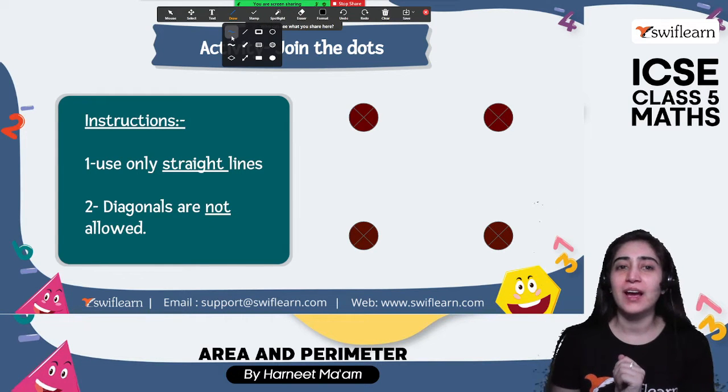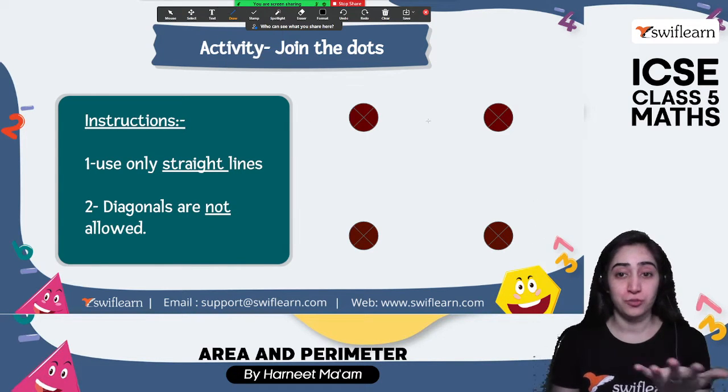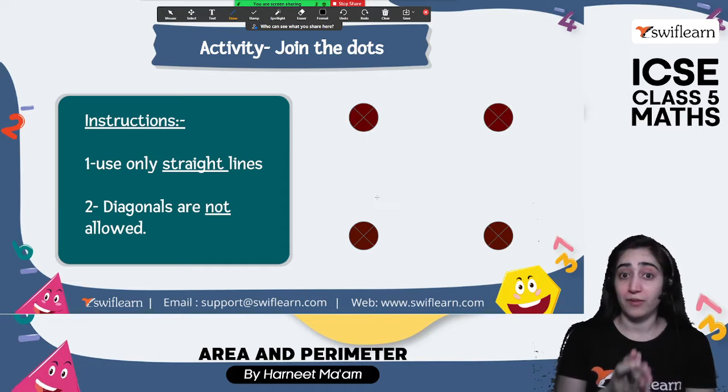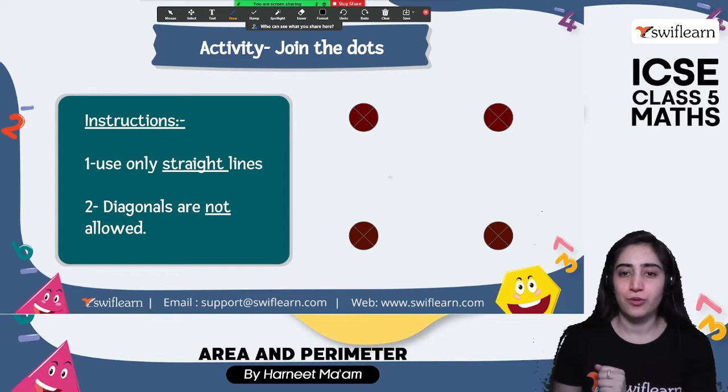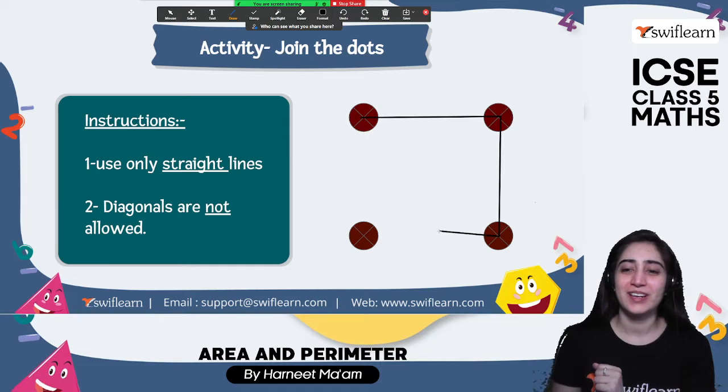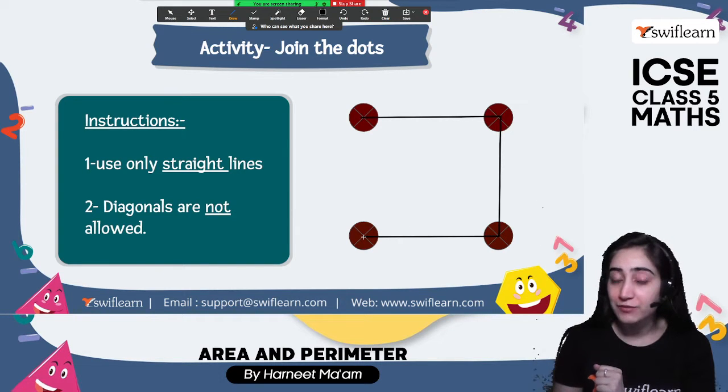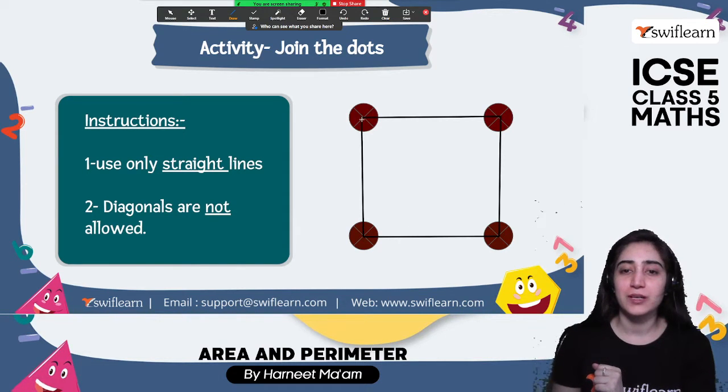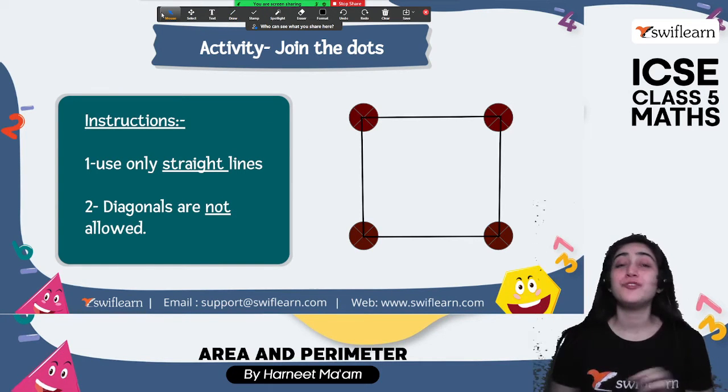So let's try how we can join the 4 points together. How can we do that? He said to make a straight line, so let's try to make a straight line. Diagonals are not allowed, so let's go to this point. Coming down from this point, it's only this option because diagonals are not allowed, right? Great. Now going towards the left-hand side. Now going straight up. Okay, so yes, we have joined the dots.